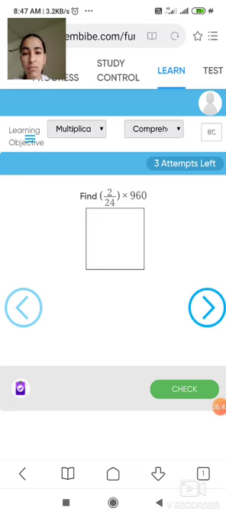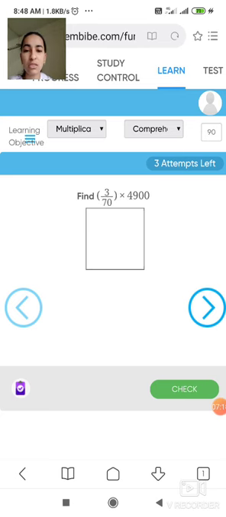Let's take another example. 2 upon 24 multiplied by 960. And you all know in multiplication the commutative property holds. Okay students, you have already learned this. Pause the video and try to solve the questions. The answer for this will be, yes, all numbers are divisible by 2 or all numbers are divisible by 4 also. Divide that and tell me the answer.